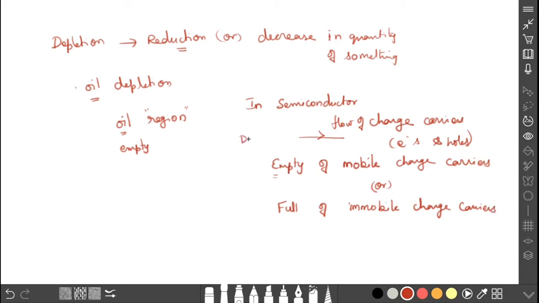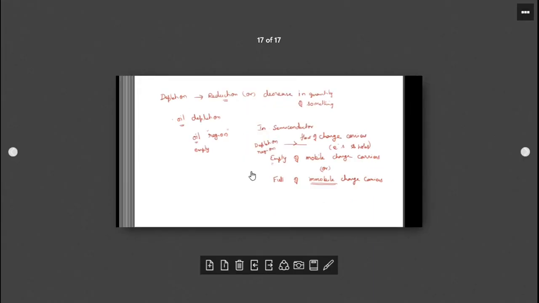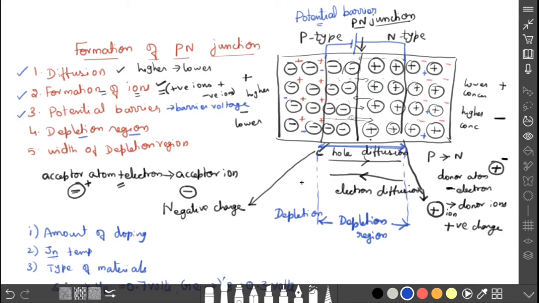That means the depletion region is empty of mobile charge carriers, or full of immobile charge carriers. There are no charge carriers moving over there. In this way we can explain the depletion region. This region is called the depletion region, and it is also represented by the term depletion zone,